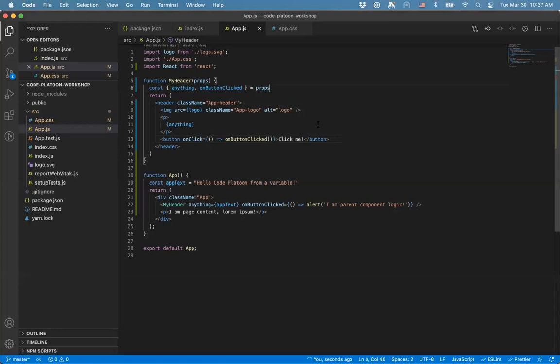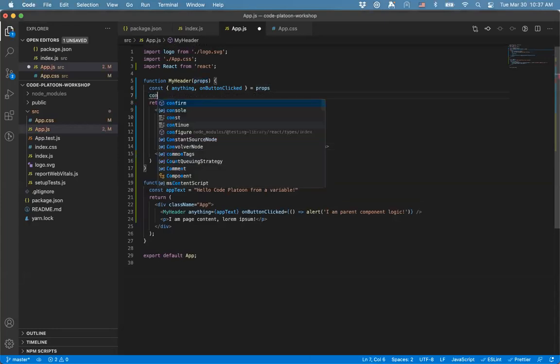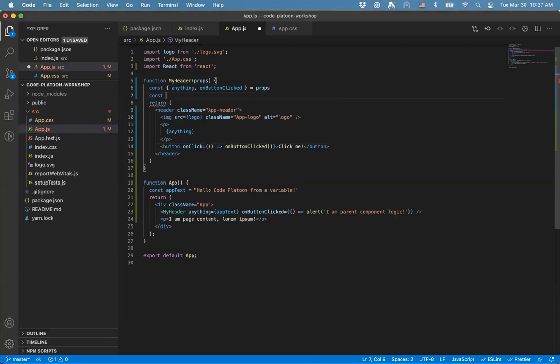Like for example, remember how anything I define in here only exists within my header's scope. So app might be passing props down into my header, but app doesn't get any of the props or any of the variables that exist within my header for free. Essentially, they are invisible to app. So if I create my header thing equals whatever, this could be any number of things. Maybe there's a text field in here and you're entering in some text. But the point is, this value exists here, does not exist in here. However,